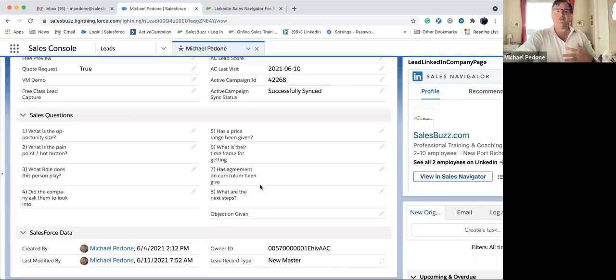And then the last one is, what's the next step? So when you put all this stuff in here, if you can fill this out and everything looks good, everything's matching up, then guess what? We got a qualified lead, we convert it to an opportunity. If you can't fill this stuff out, you don't have a qualified lead. All right? Now, actually, let me say, if you can't fill it out because you didn't ask the questions, it could still be a qualified lead. But if you really want to go ahead and make sure that